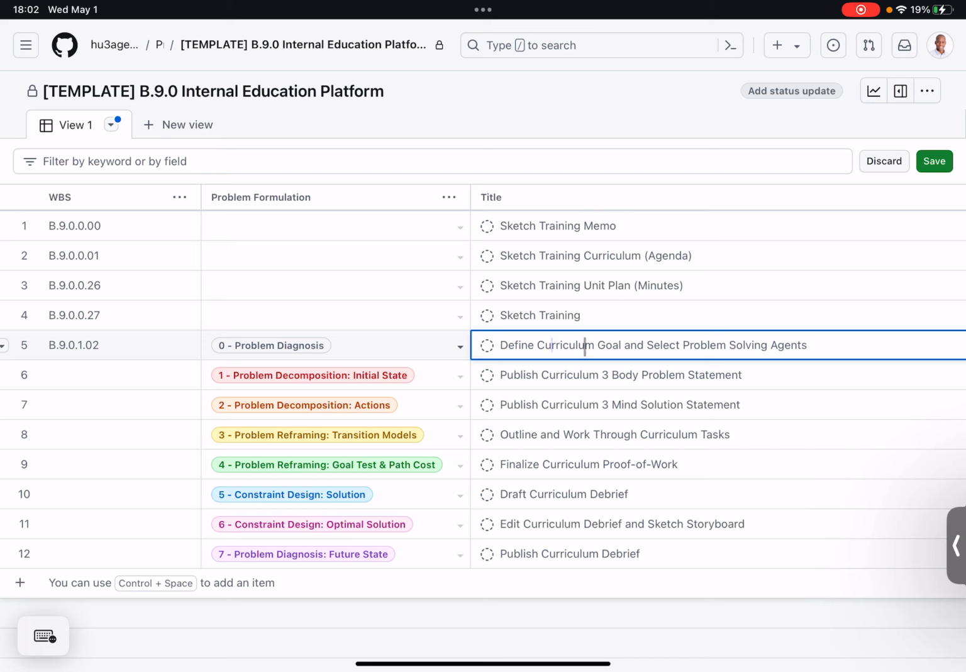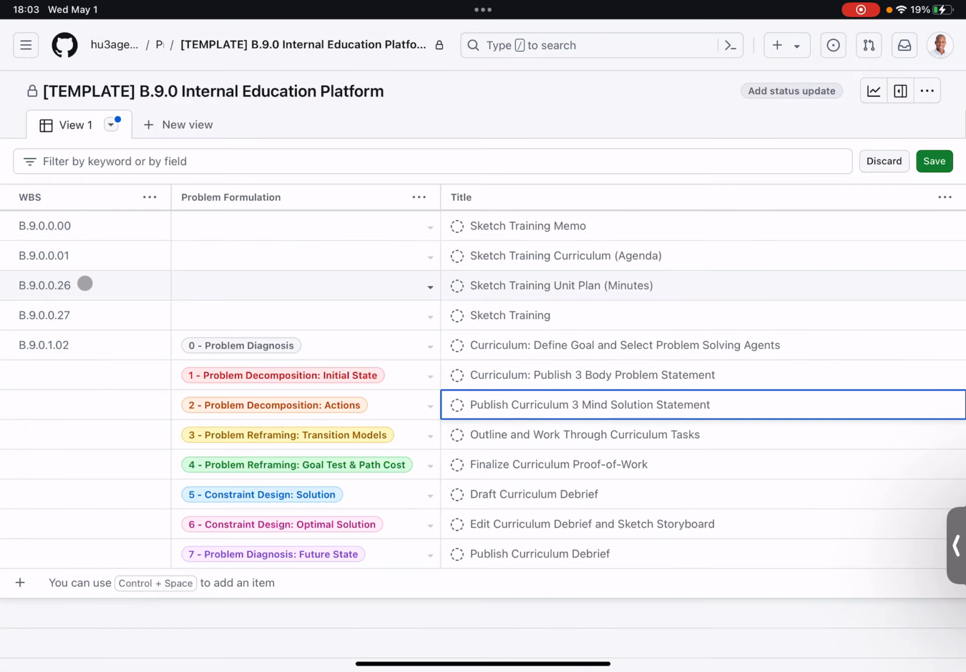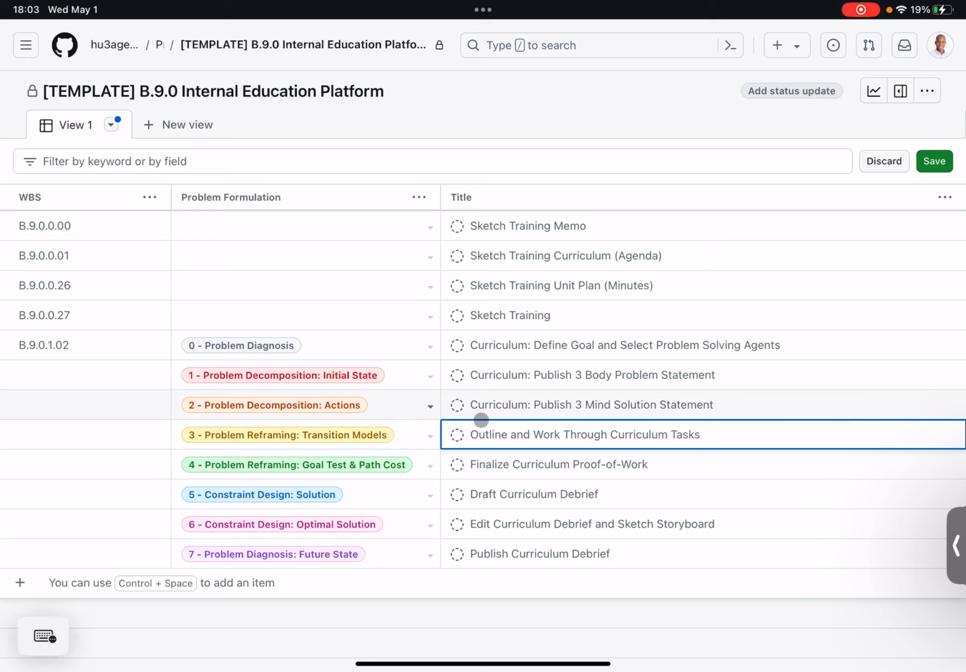Let's actually change this. Curriculum, define curriculum, publish 3-body problem statement. Oops. Curriculum, publish 3-mind solution statement. Curriculum,